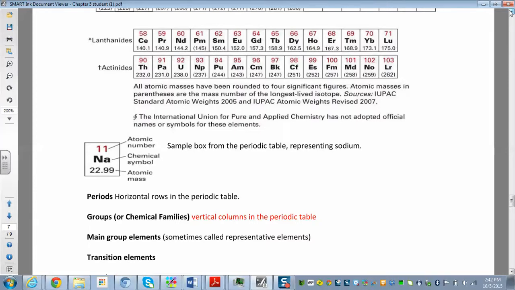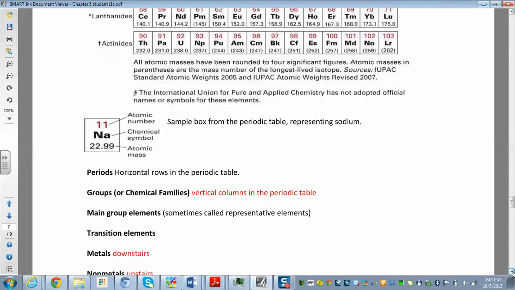Okay, so just looking at a sample box here, the order of the elements is going to look the same whether you have the atomic number on top or on the bottom. This could look different from one table to the other. You're always going to have those blue periodic tables to take the exam and the quizzes and everything, so just get used to looking at those. The atomic number here, for sodium, is 11. This is the chemical symbol. That's the average atomic mass, for all the isotopes that we just learned how to calculate in the last video. So there's a lot of information in each one of those little boxes.